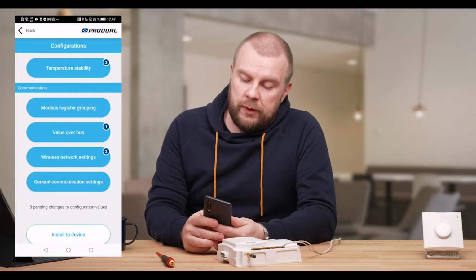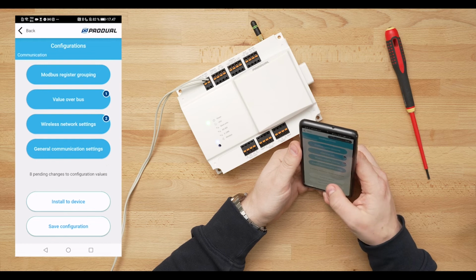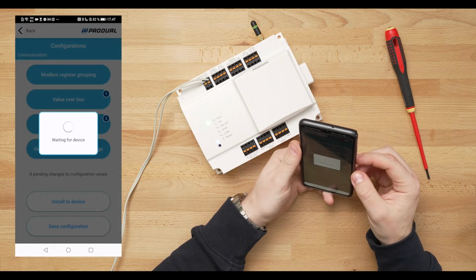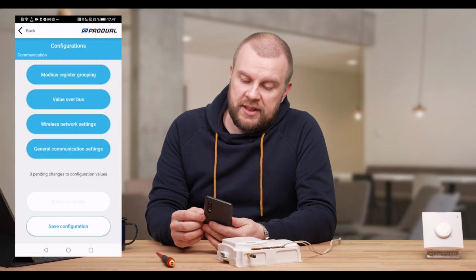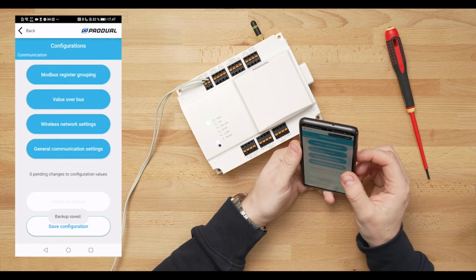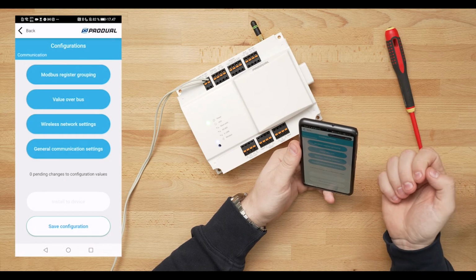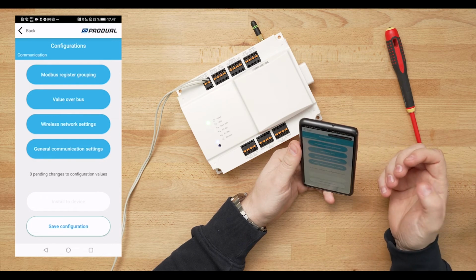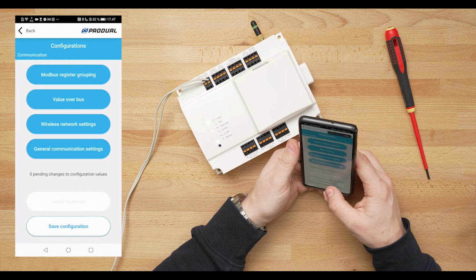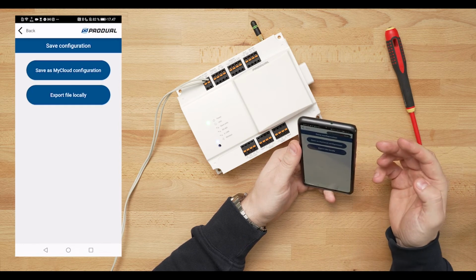When we are happy with all settings, we can choose Install to Device, and this is now writing all the settings to the WBU. If this is a type of setting file that we can use in the future, we can also save the same setting file to the cloud or local memory of the MyTool. In this case, I select Save Configuration and Save as